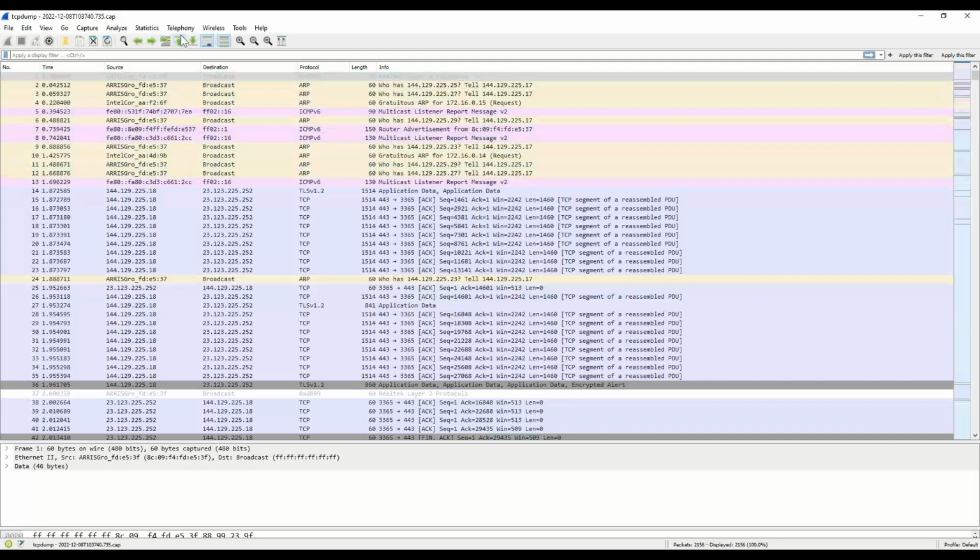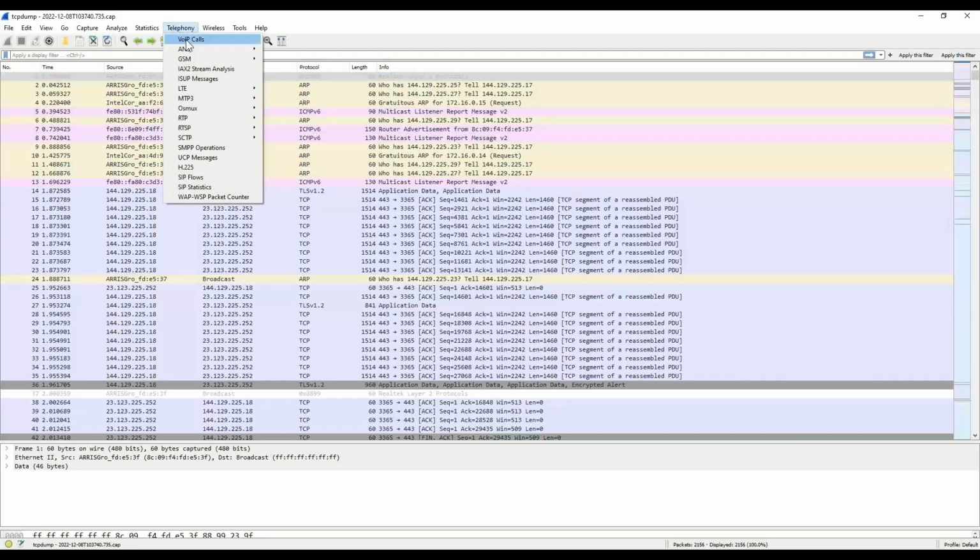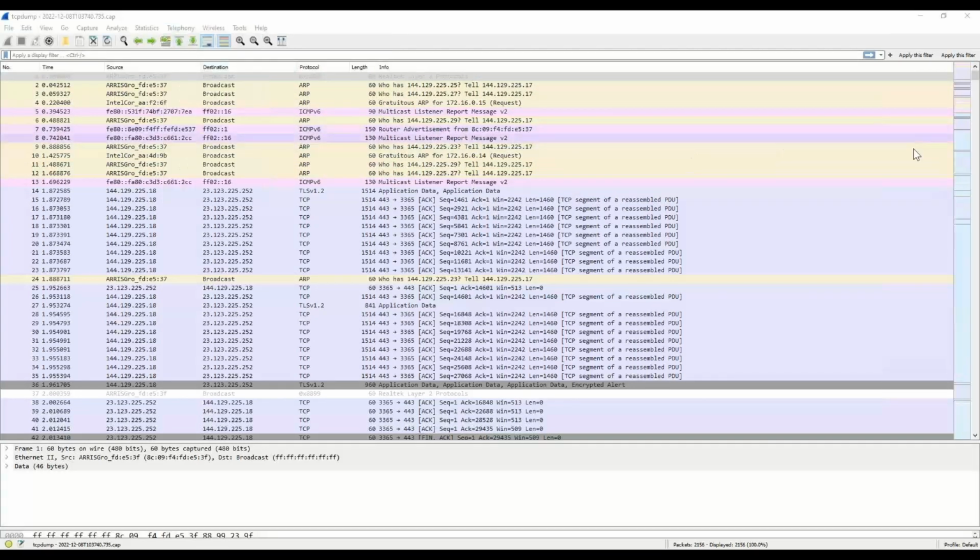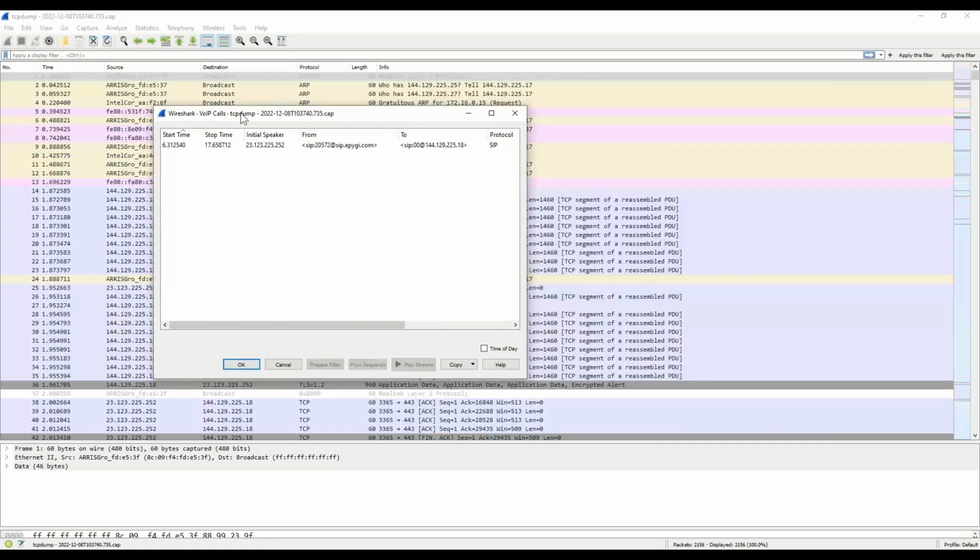So here's the packet capture. If I go to telephony, if I click on VoIP calls, it does open another window. And you can see in that packet capture, there's one phone call. Okay, it came from 20572, which is my extension SIP number, trying to reach 00. Okay, if I click play streams,